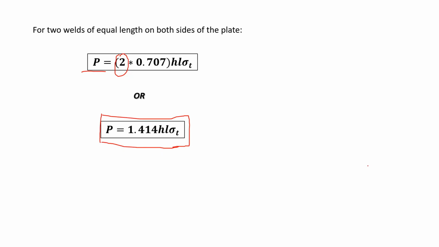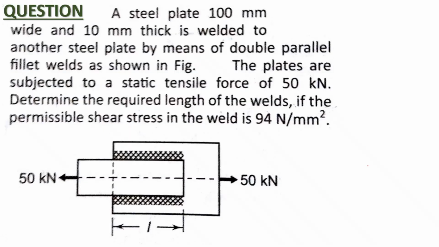Now, after deriving the equations for the strength of the weld for parallel fillet weld and transverse fillet weld, let's try to do some problem. From this figure here, you can see that the applied load is parallel to the direction of the weld. That's why we can treat this problem as the problem of parallel fillet weld, and this weld will fail because of the shear stress. So we will be using the equation to find out the strength of the weld,